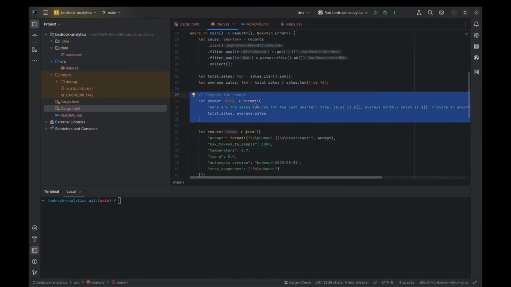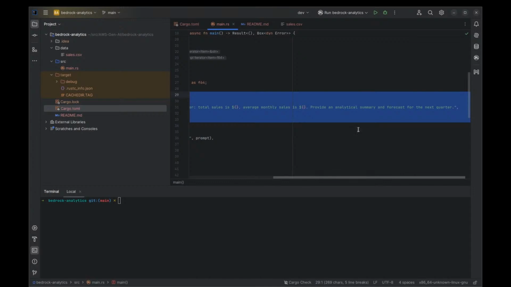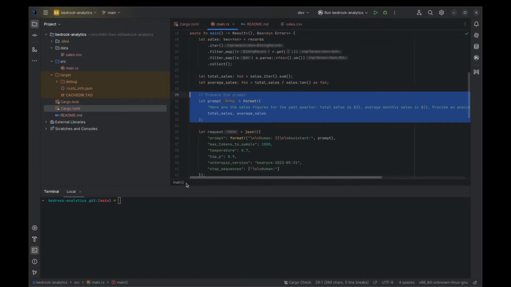So this would be something where I would say, in a simple scenario here, this works reasonably well. Here's the sales figures. Go ahead and give us an analytical summary and forecast, especially as we're getting better and better at dealing with visualizations. Like this could be a great tool for doing some kind of fancy or custom visualization.